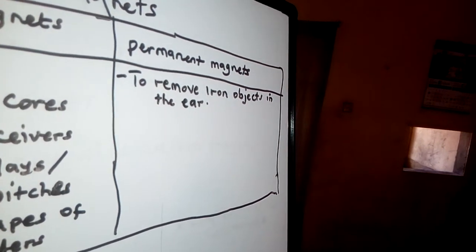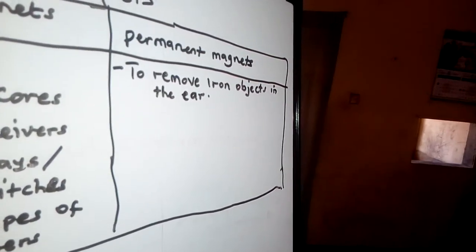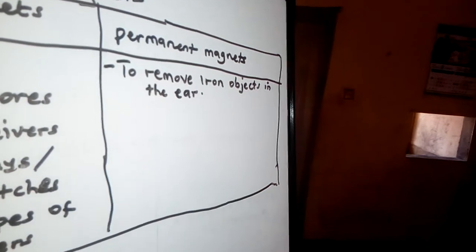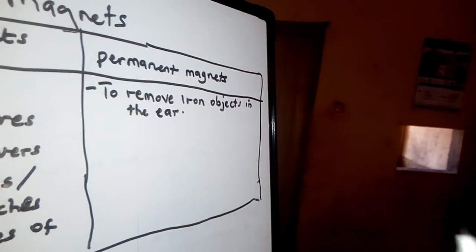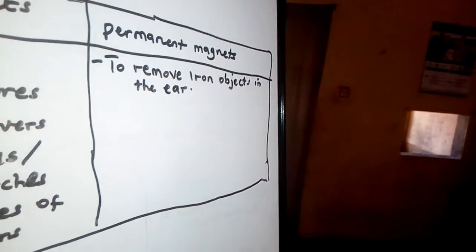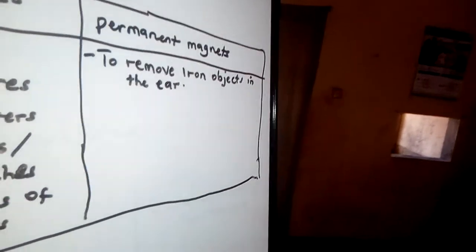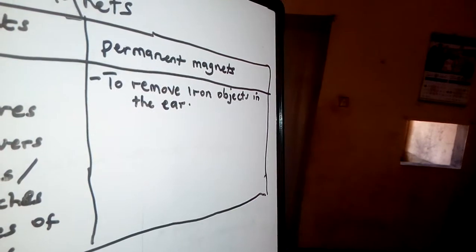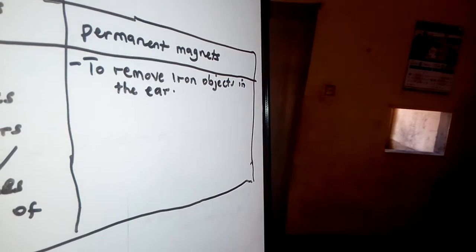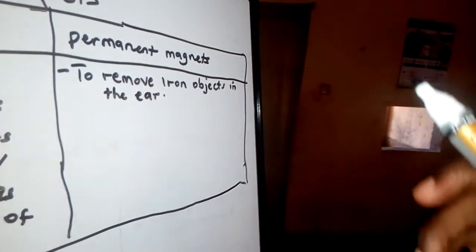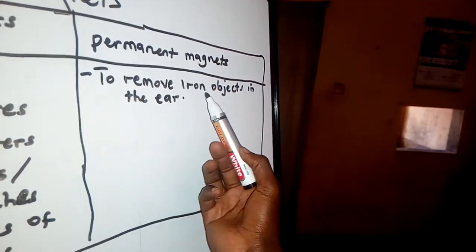If you have a strong magnet at home, you can try to put it. A strong magnet in this case could be a bar magnet, could be a horseshoe magnet. In fact, it should be a permanent magnet, a magnet which keeps the magnetism for a long time so that anytime you want it, it is there. So if you get a permanent magnet like a bar magnet and you put it near the outer ear of that kid, because the magnet has strong magnetism, it will attract the iron which is stuck in the ear.